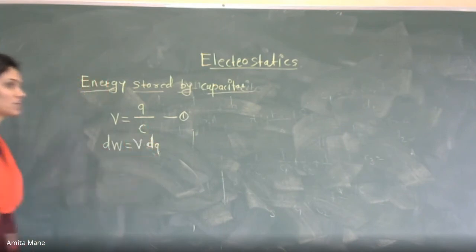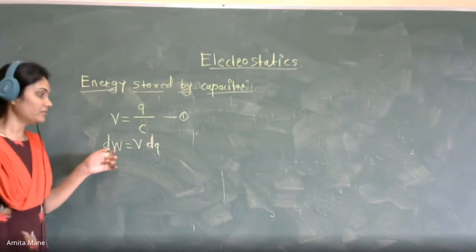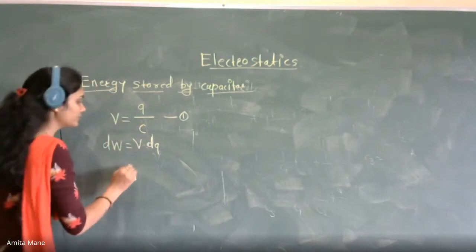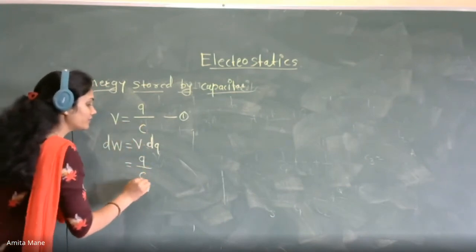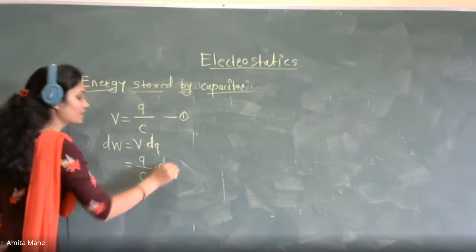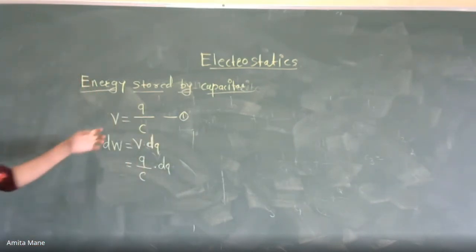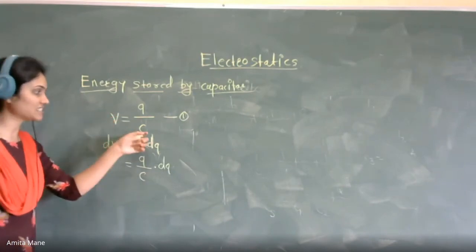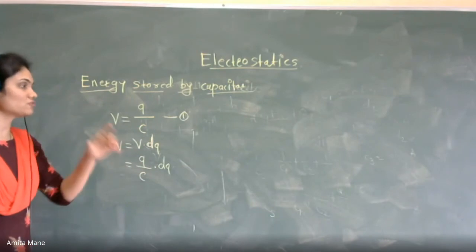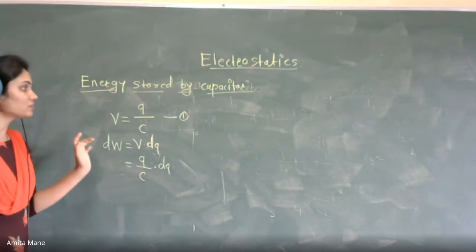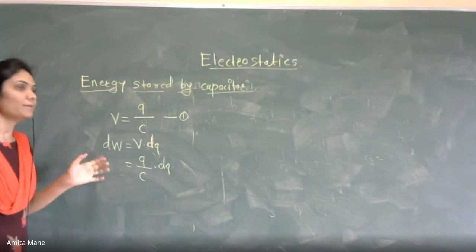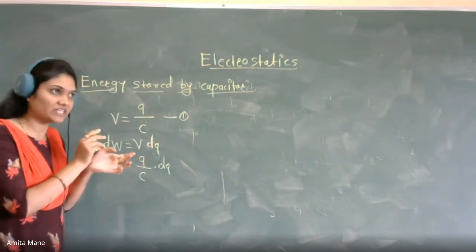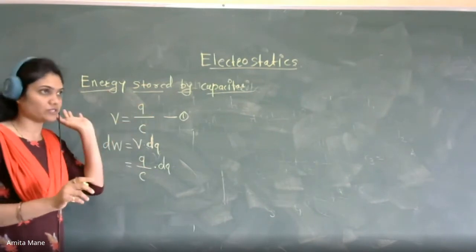this fraction of charge, okay, dW is equal to V into dq, but what is the value of V, Q divided by C, okay। See मैंने क्या किया यहाँ पे, एक कैपेसिटर है उसको मैंने वोल्टेज भी दिया है, उसका कैपेसिटेंस C है and the process of charging is going on and while the process of charging is going on मैंने before the full charge मैंने उसके पहले ही उसके ऊपर का चार्ज मेजर किया and ये चार्ज है small, ठीक है,